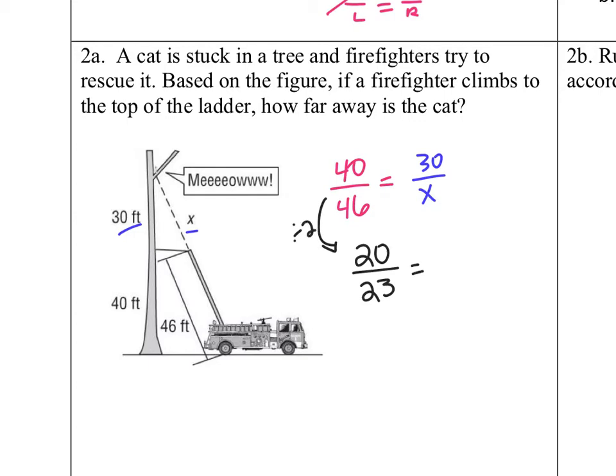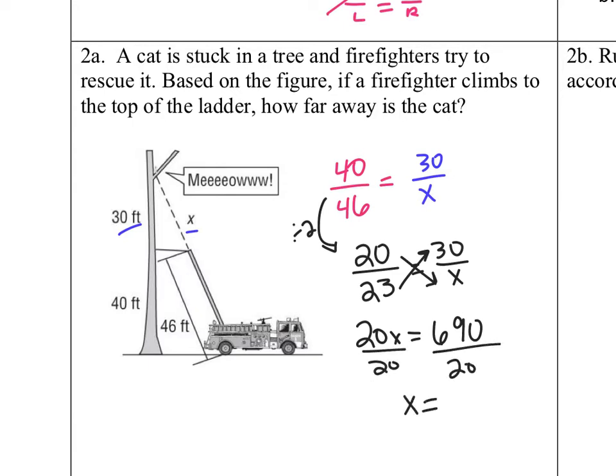Okay, so that's going to equal 30 over x. Now I can solve. So once we're here, we cross multiply. So we get 20x equals 23 times 30, which is 690. Okay, then when we divide by 20, we're going to get a total of x equaling